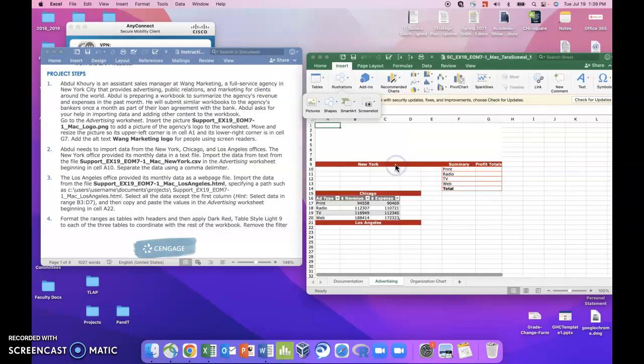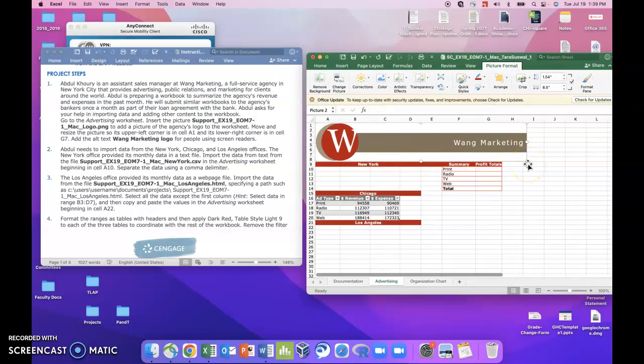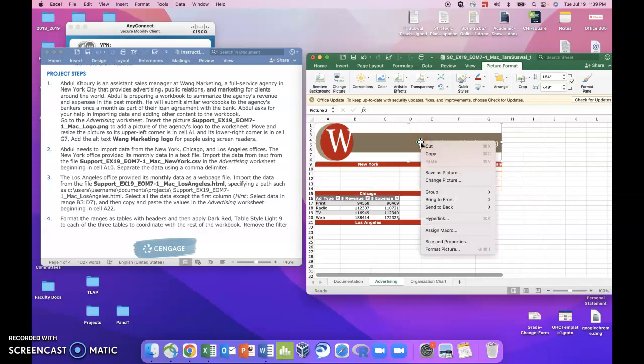So I'm going to double click that, and it's going to insert it. Now I already had a cell selected up here, I think I was in A1, but I still need to resize it a little bit so that the logo fits within the parameters that were given. Get it as close as you can. Try not to go over into a different cell. But if it's not absolutely perfect, as long as those corners are still in the right place, it's okay. Now we do want to format this picture